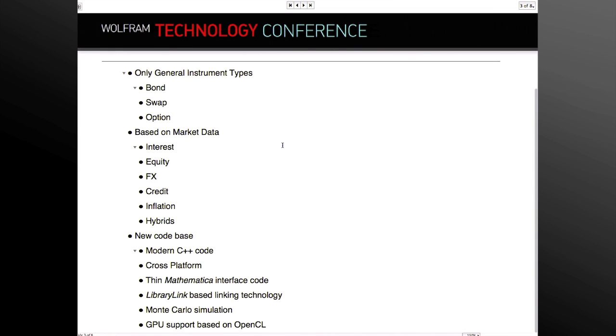We started a new code base almost from scratch. You've seen the bits and pieces in the other slide. And it's very modern C++ code. It's designed to be cross-platform from the very start. It only has a very thin layer which handles all the interfacing to Mathematica. It now uses LibraryLink as the linking technology, and it's largely based on algorithms which work very, very well